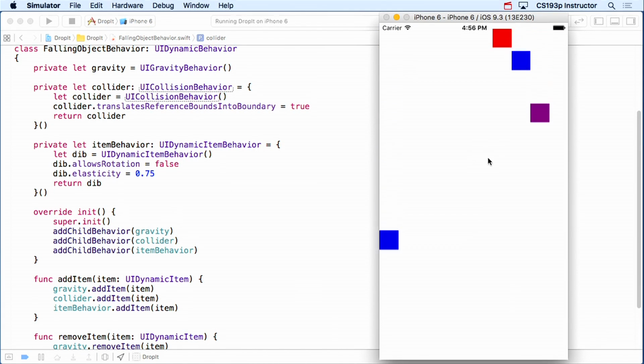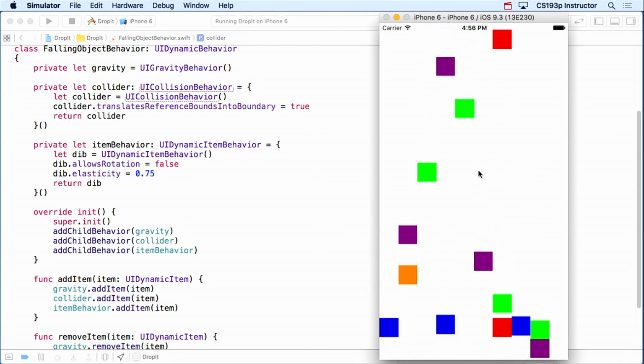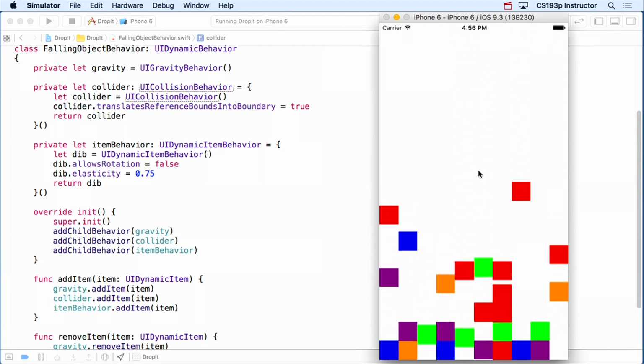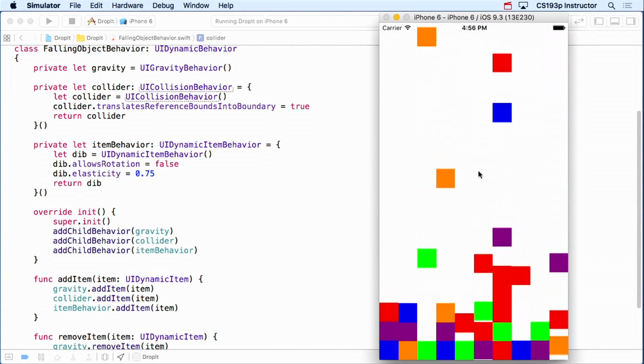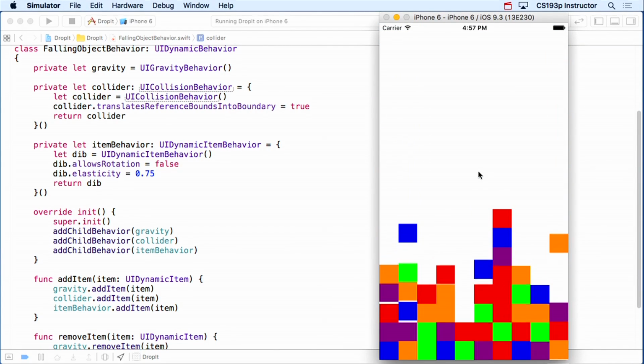So here comes our things. So here we go. Oh, look, they're much bouncier. And notice how they'll bounce into each other. Okay, they behave like real objects in the real world. They're bouncing, and they're not rotating, so they're not tipping over anymore. They're still bouncing up and down, though. See, when something lands on a row, it causes them to bounce up a little bit. But now we're on track for Tetris because now we're getting completed rows